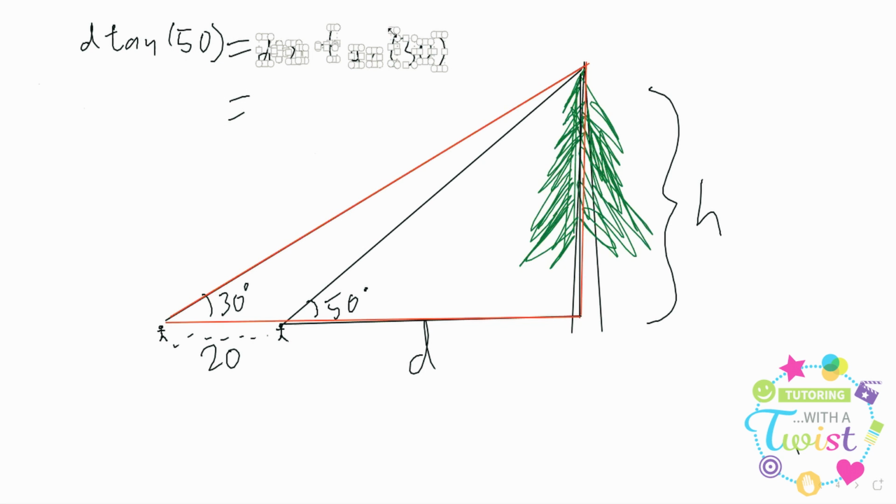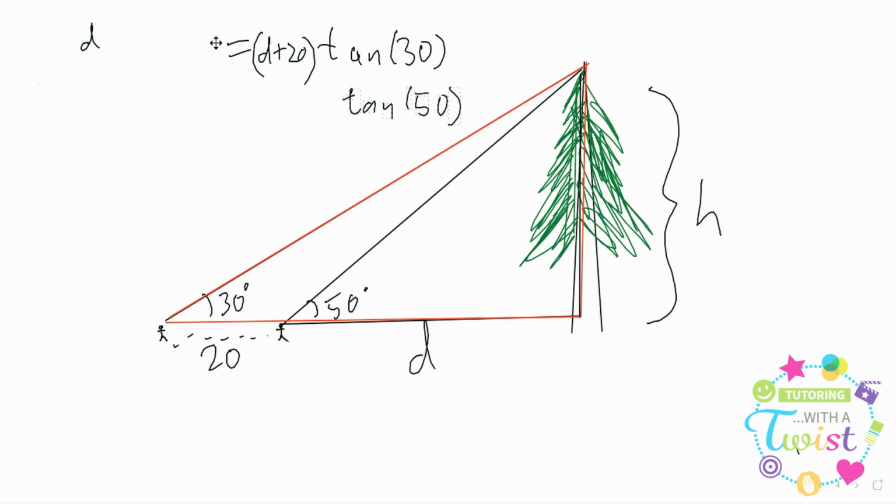We'll have this equation here. I'll go ahead and put brackets around that. Plus 20. Right. Maybe we'll divide both sides by tangent of 50. Okay, getting fairly close. And we might also, let's see, what could we do now? We could also multiply out that, factor it out. Okay, so we would get,